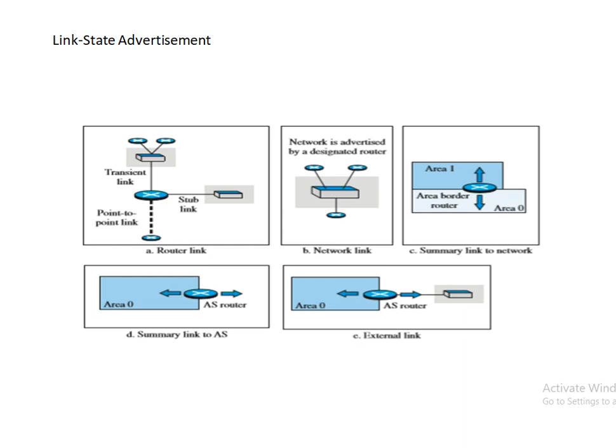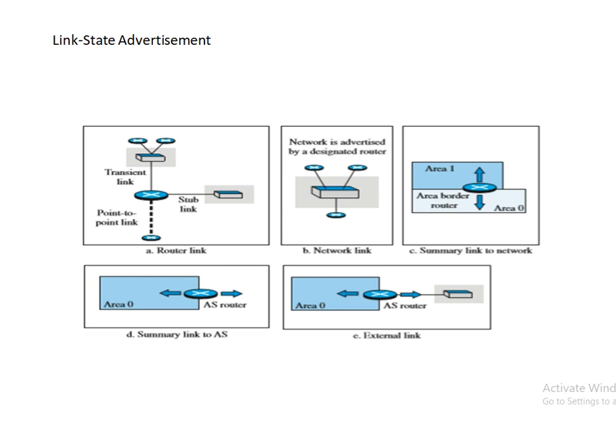Next one is again stub link. We have seen all these things. Stub links advertise a link as a stub network, a network that is not through a network. Again the advertisement should define the address as well as the cost. The last one is point to point link, and it should define the address of the router at the end of the point to point line as well as the cost to go there.